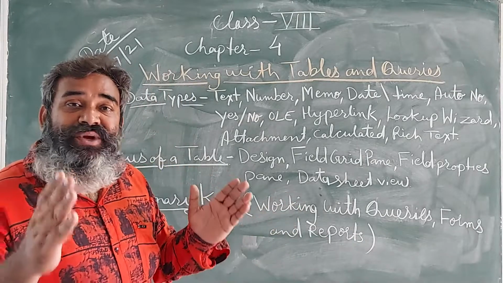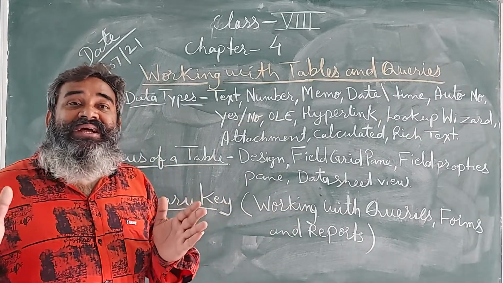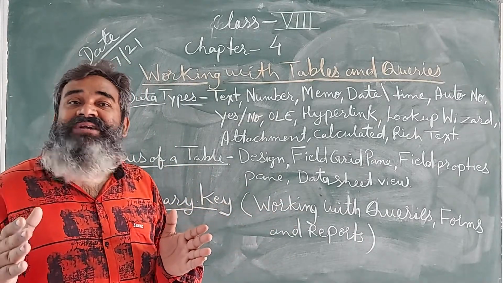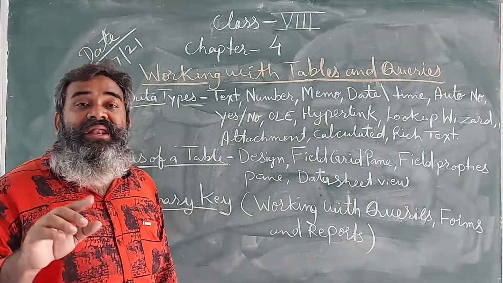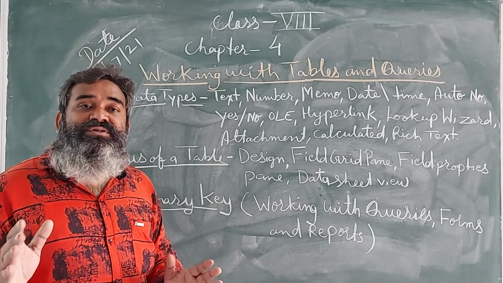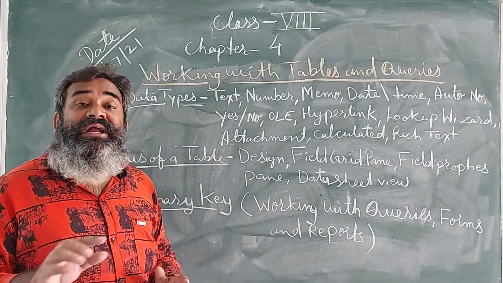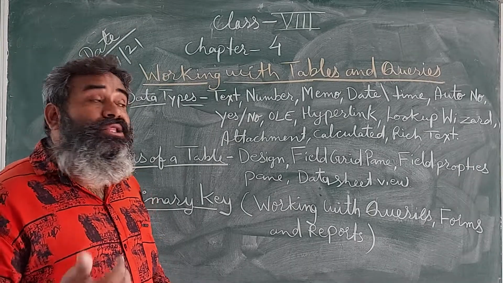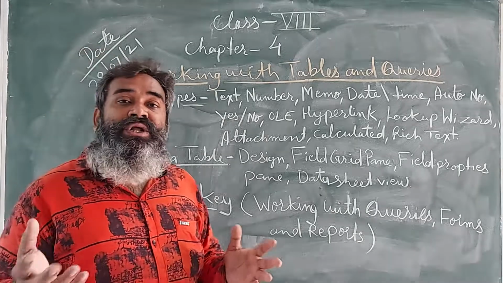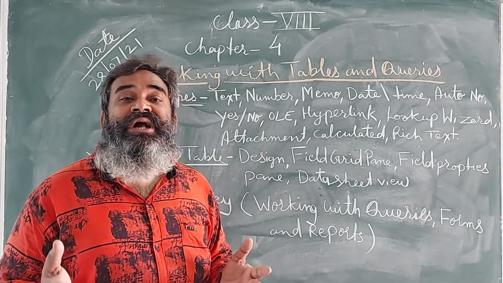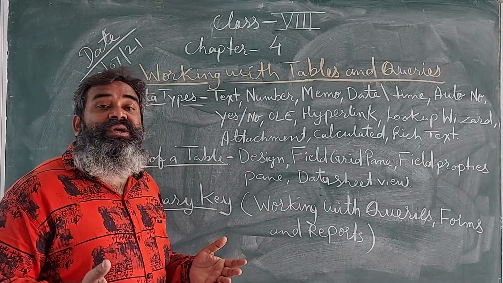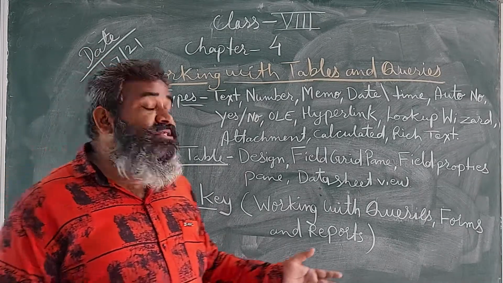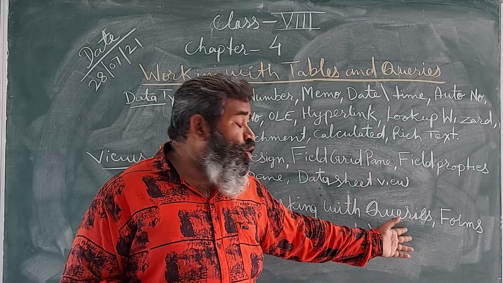We just select student names and the subject from the marks table, subject Maths, and we give a simple criteria: greater than 50. We give the simple criteria, greater than 50, and run the query. Only those students' names are going to be displayed, whose marks are greater than 50. So this is an example of a query.